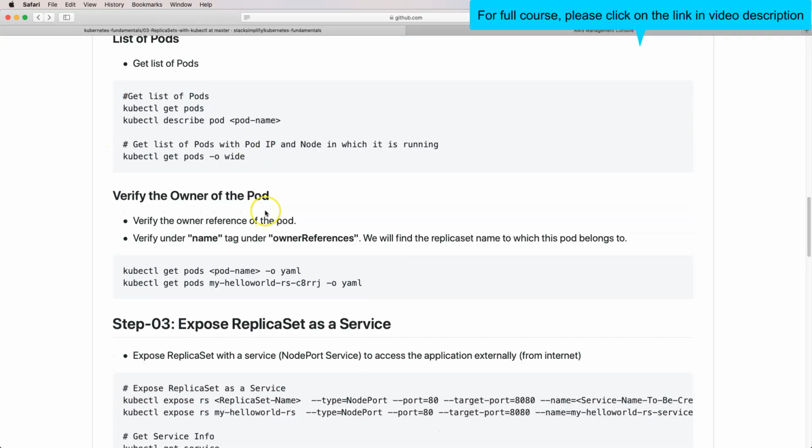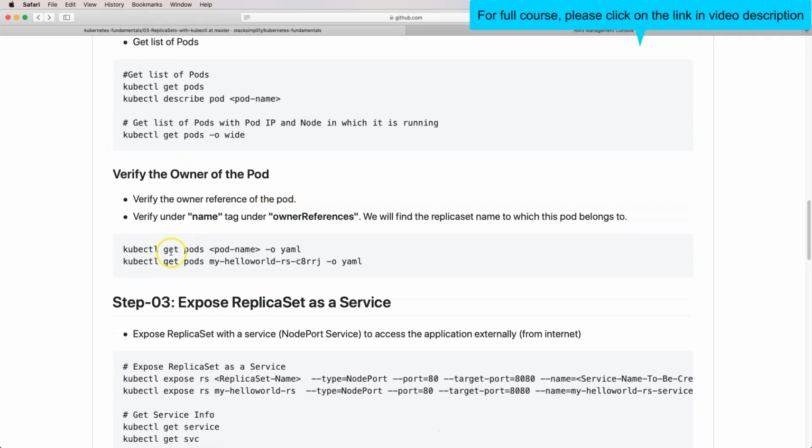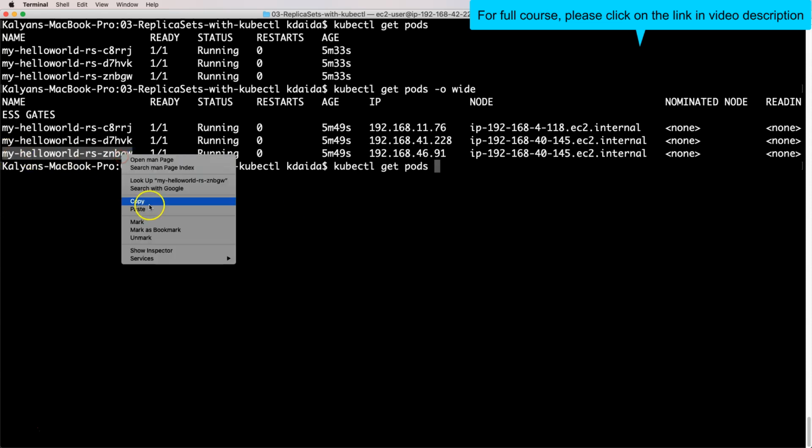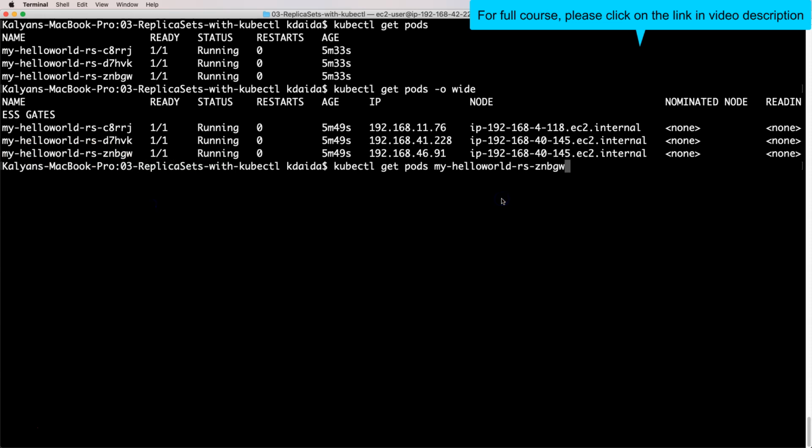If you want to verify the owner of the pod, we can run kubectl get pods, then the pod name, then -o yaml. Get the YAML output, and inside that, when you look at owner references, you will get those details. We get the replica set as the owner.